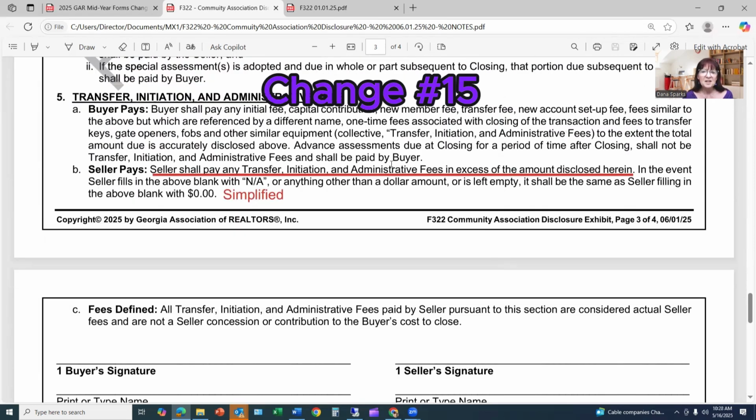More simplified verbiage under the transfer, initiation, and admin fees. It does say seller shall pay any transfer, initiation, and administrative fee in excess of the amount disclosed herein.